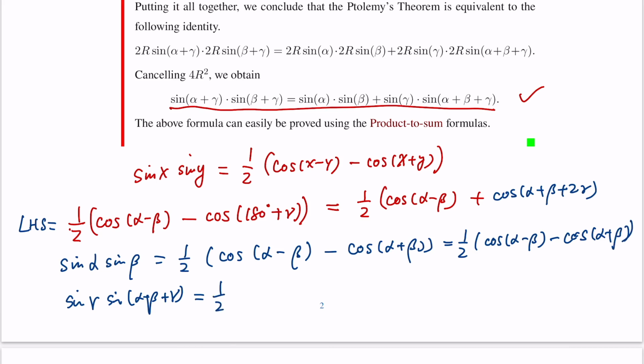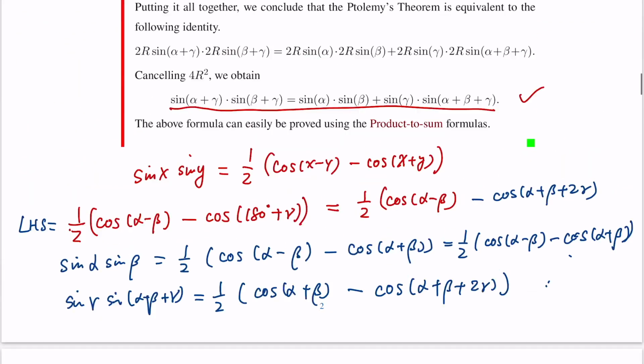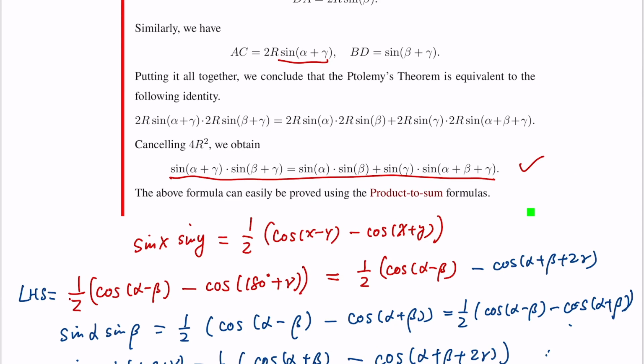So the last one is half of cosine alpha plus beta, that cancels, minus cosine alpha plus beta plus 2 gamma. Okay, so if you compare, you add these two together, you cancel the cosine alpha plus beta, and you basically leave the same one here. I cannot use plus, this is negative. And you add the last two together, you get the first one. Okay, so that's the proof using trigonometry, and it's the easiest in the sense that we just need to use